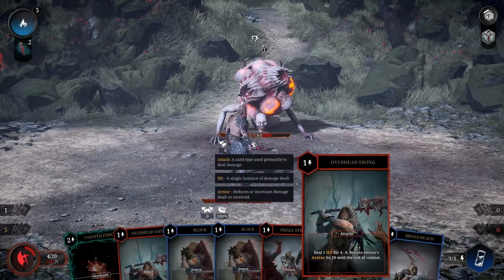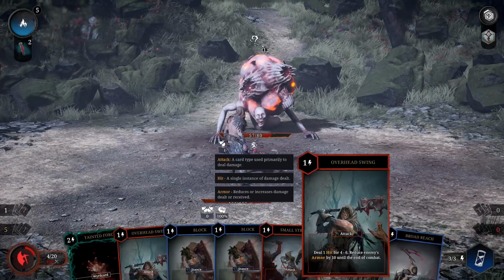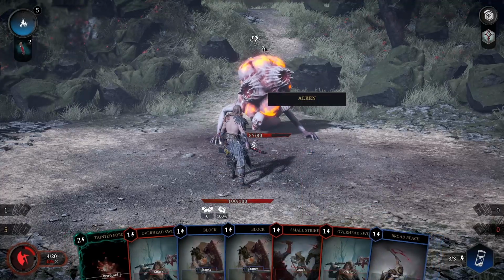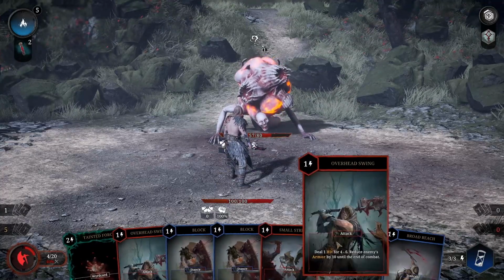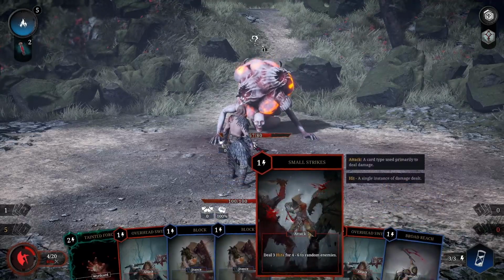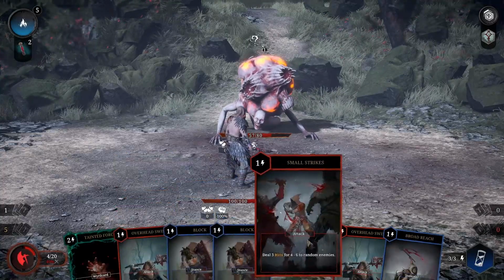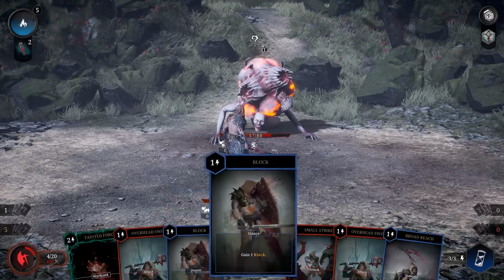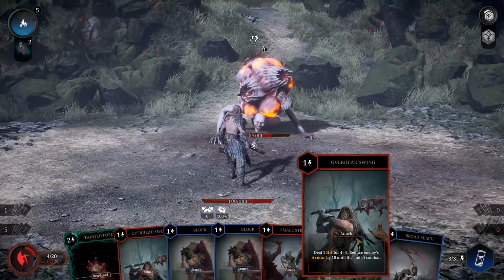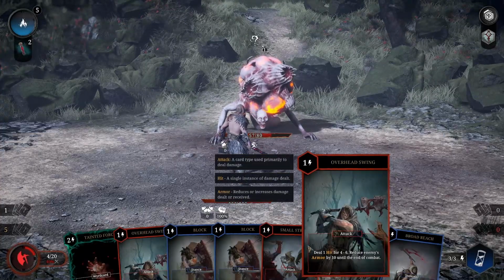Overhead swing. Deal 1 hit for 4 to 6. Reduce enemy's armor by 10 until the end of combat. Do they have armor? I don't think they have armor either. That's probably useless. Oh, but those are the only attacks that I have. So I guess I might as well do it just for the...